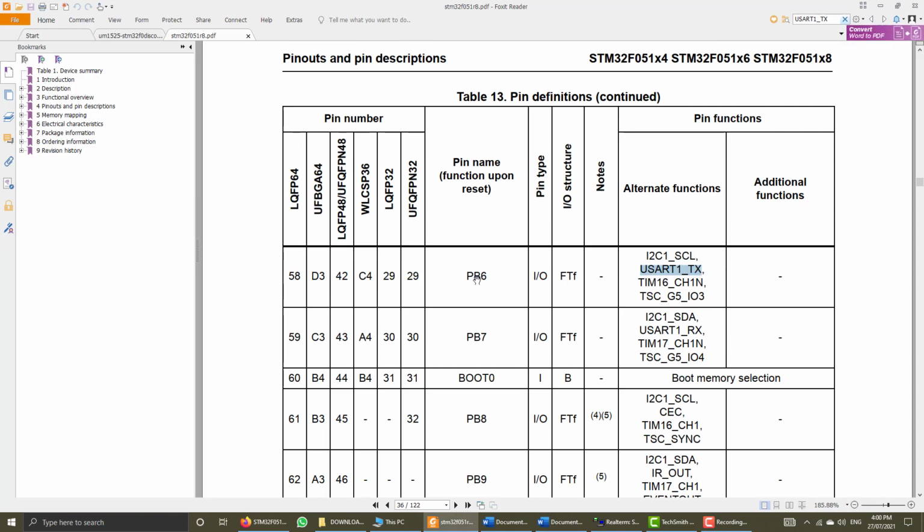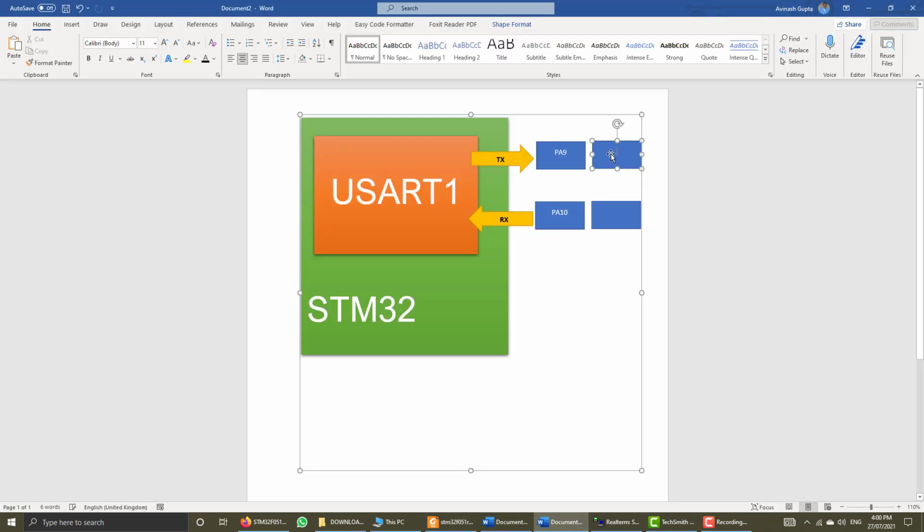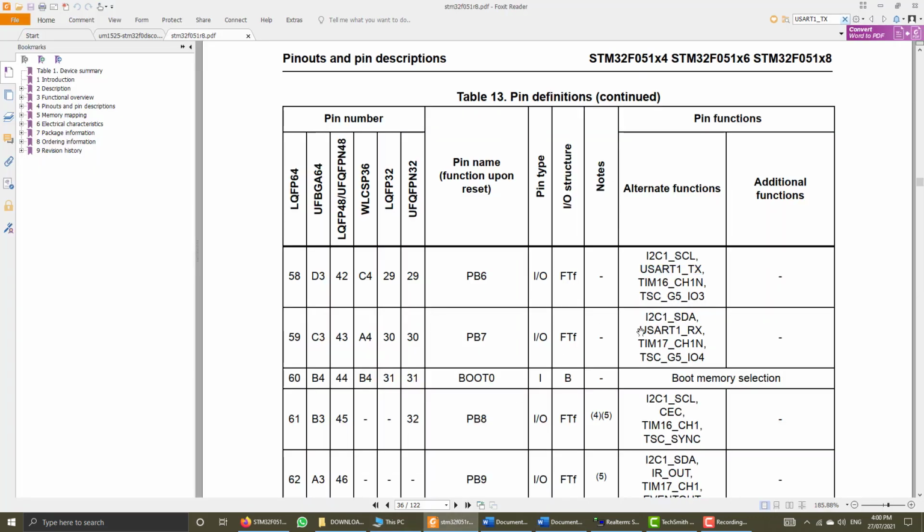USART1TX is connected to PB6. And this USART1RX is connected to PB7.